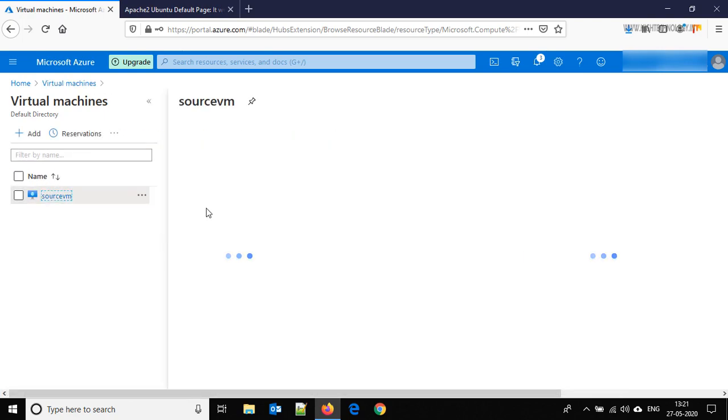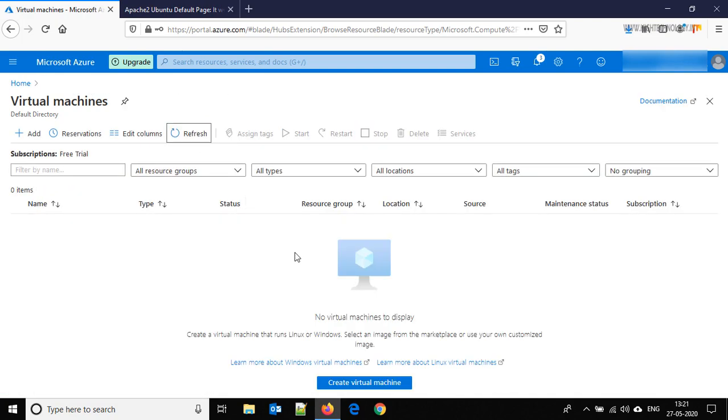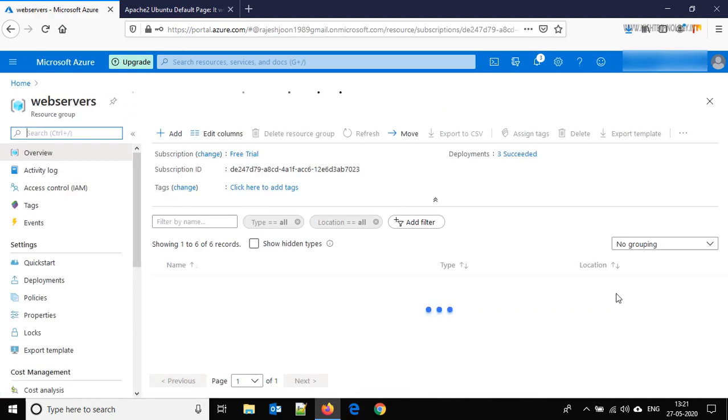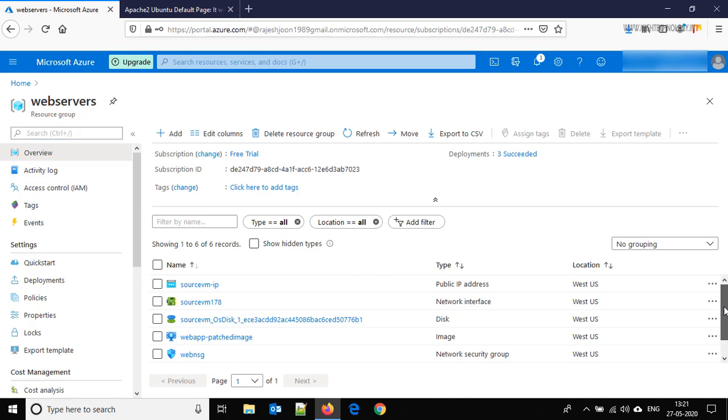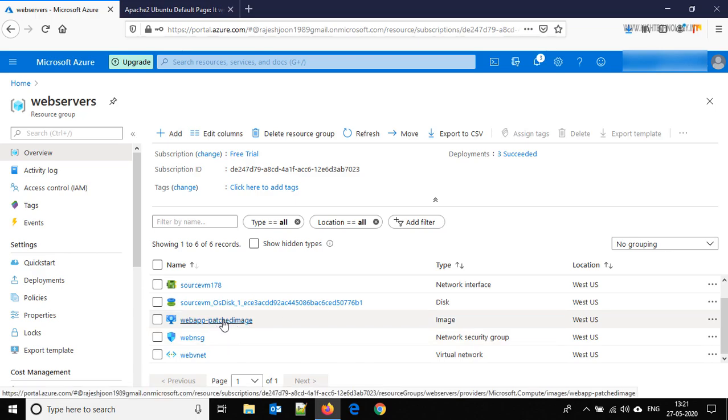It should be deleted. Okay, you are able to see that it is deleted. Back to home and then go to the resource group, and on the resource group you are able to see that we have an image, web app patched image.